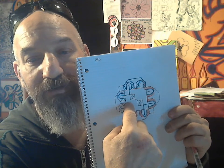Now if you take a look at this crack over here, right? This is the bottom part of an 8. At the same time it creates my X. At the same time it creates my Y and Y. Y and Y, the 27th letter and the 25th letter, equals 52. The 3 things of the